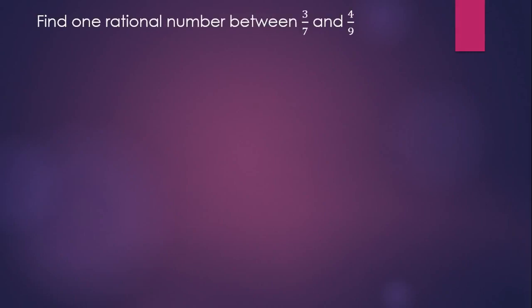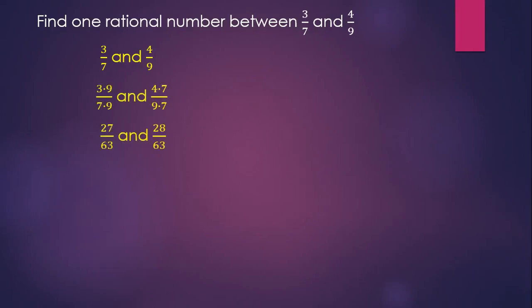Find one rational number between 3/7 and 4/9. Now there's more than one solution to this, but every answer that is correct will be a number between these two numbers. The first thing I'm going to do is find a common denominator between the two fractions. The least common denominator is 63. So the equivalent fractions to these two that we started with are 27/63 and